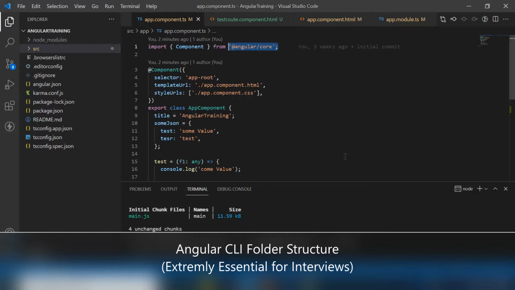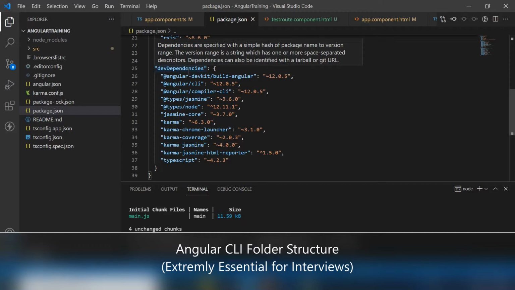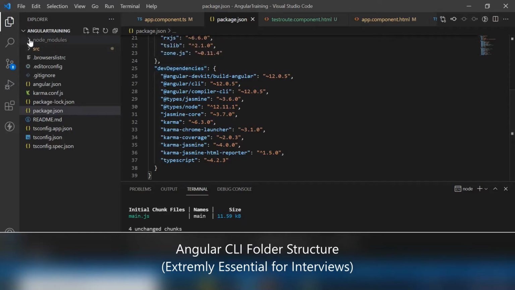When you do npm install or npm update in your terminal, this folder will be created by referring to the package.json. We'll discuss more about packages later, but for now, please understand that it will refer to this and start downloading those libraries into node modules.